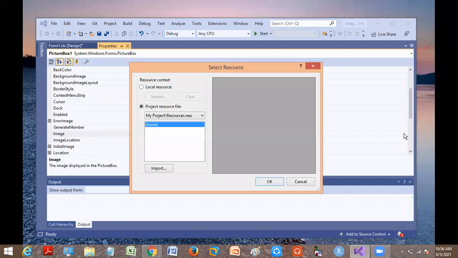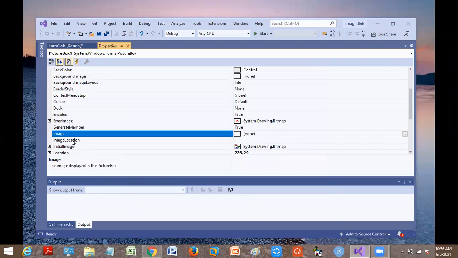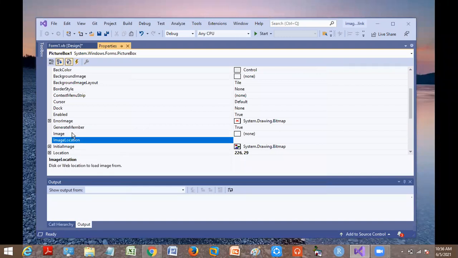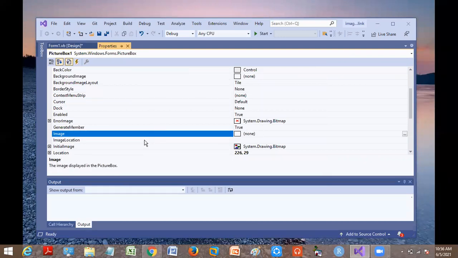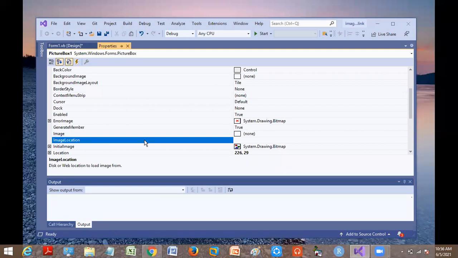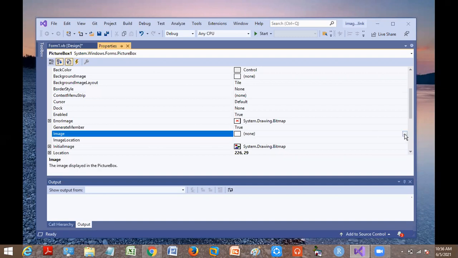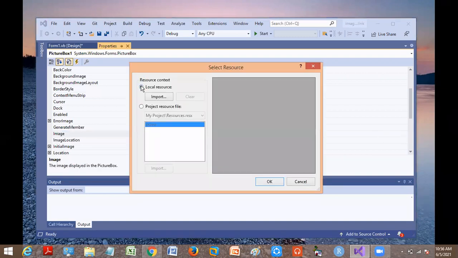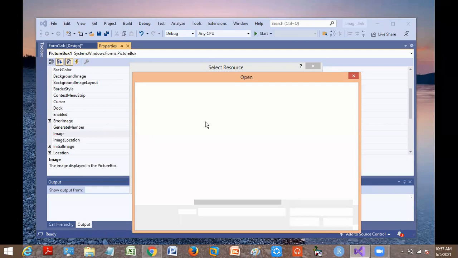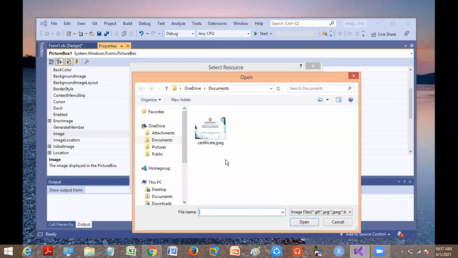So to put an image into it, can you see another thing over here, image location? Image says what image has been set. Image location says where that particular image has been stored. I can directly give my location here, or I can go to the Image menu and choose where my images are. I can say local source, which means it will search in my system and I can import it from here. Or if I know the location, I can directly give it in image location. Both work. Clear?